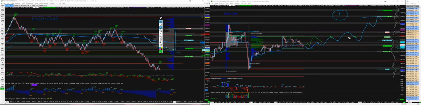So test it here, test it here. Sell off. The value area low, mid. Test the composite high volume node at 80. And then sell off to the